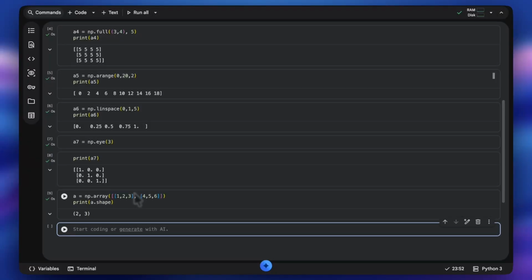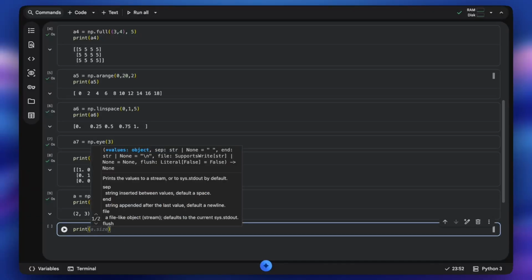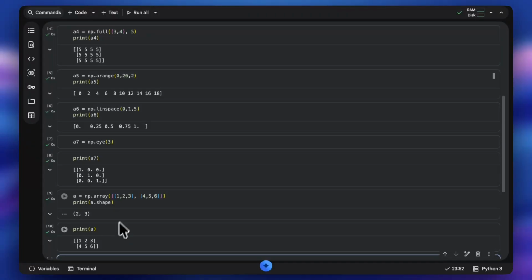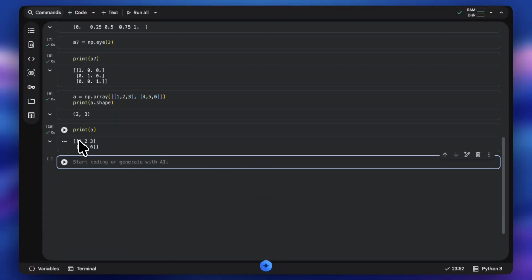This is going to give me 2, 3, which means it has 2 rows and 3 columns. And to explain this in a better way, let me show you how it prints the NumPy 2D array. If I just simply do print A, it will show, as you can see, 2 rows and 3 columns.